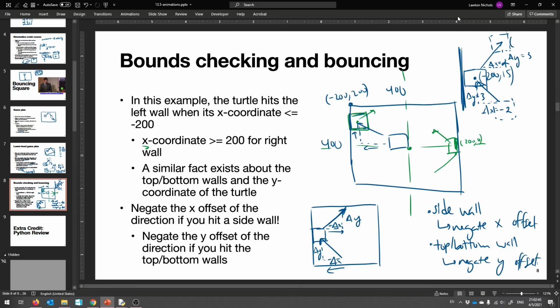And so that means our new location should become, after this, we move away from the wall because we changed our delta x, so it's negative 200 plus 2, so negative 198, and then we still add 3, so 15 plus 3 is 18. So that brings us up here. You see that? That's what it means to bounce off the wall,